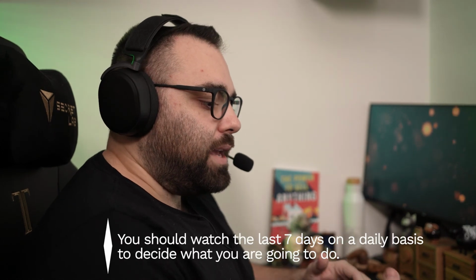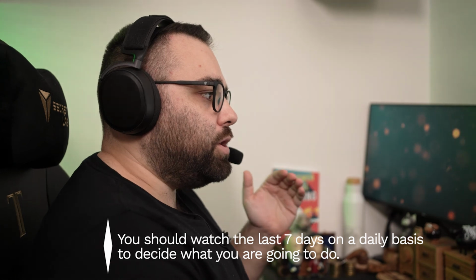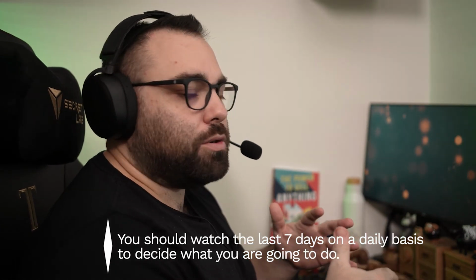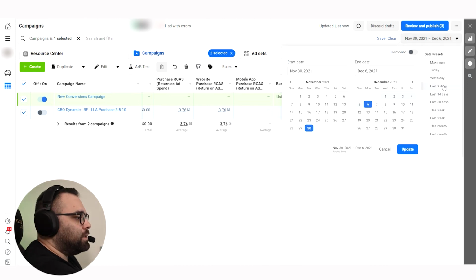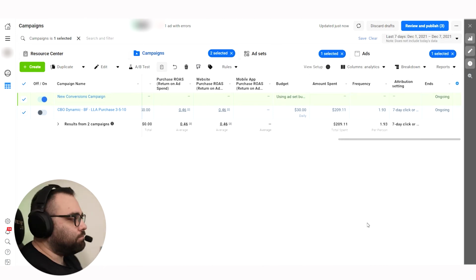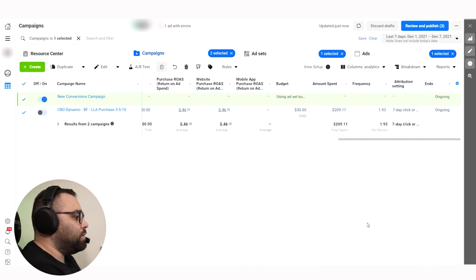It's enough. There's no need for us to continue gambling and saying, okay, it's going to work later or later. No, you have to look at the last 7 days, especially after your campaign has been running for a period. You need to watch every single day. You need to watch the last 7 days and decide if you are going to keep or close the campaign if it's not producing the results that you want. So for me, last 7 days, for 1 day it wasn't producing. That's it. Bye-bye. Thank you very much for whatever you gave. Now it's going to end.